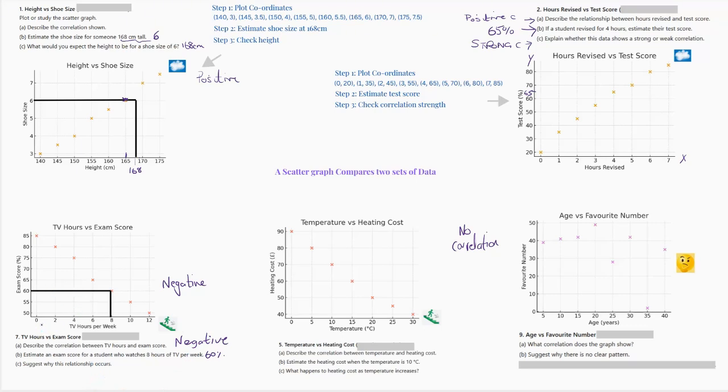So if you think that TV hours per week is at 8 here, for example, that exam score is 60. What would happen if they didn't revise for, TV hours per week? If they watch TV more for 12 hours, say, a week, what would happen to their exam score? If you go across, it drops to 50. So what it's telling you is